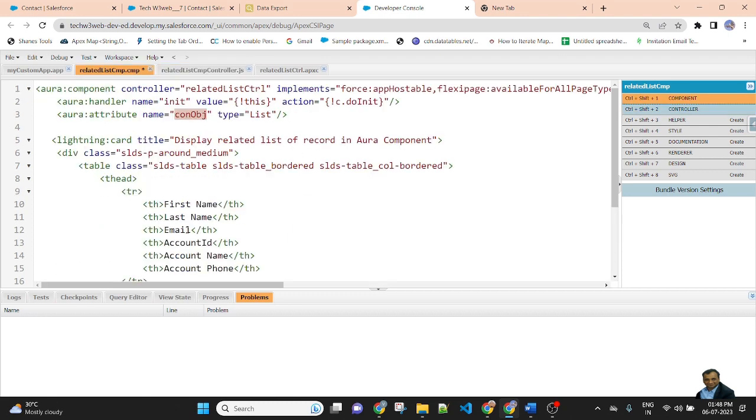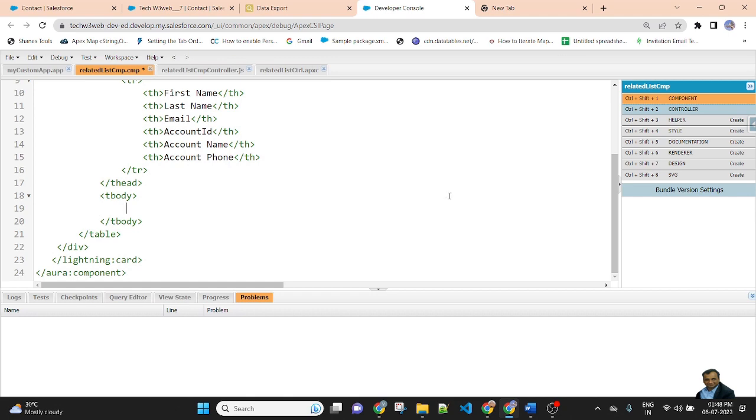Now go to the HTML. Here I will display the list of records. So I will use Aura iteration. In the Aura iteration, there are two properties, items and var. Items equal to and var equal to.